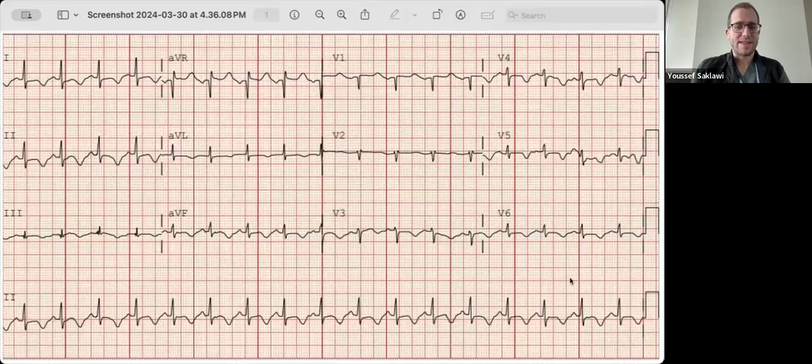Same mentioning the ST depressions in 1 and 2. Good, and maybe some ST elevations a little bit in aVR, if you notice as well. And some tachycardia as well. So this was the EKG, and then we